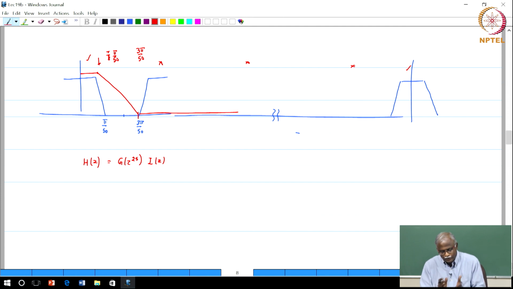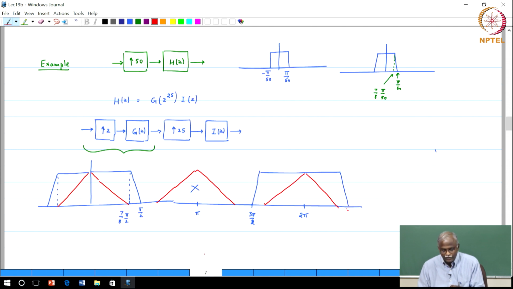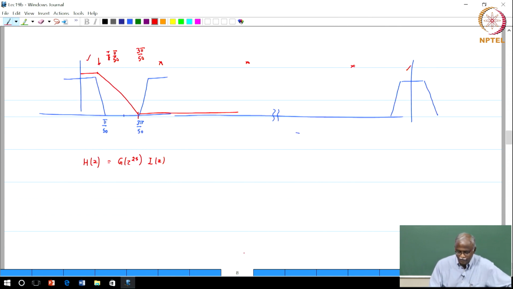But because I am using it to do the upsampling, the interpolated FIR actually has a significant advantage, because I will implement it in this fashion, and also the filter requirements of the two filters G of z and I of z are relatively milder than the requirements on H of z directly. So, one question. If I design H of z directly, I will get a certain filter order N1. Okay. So, this comes out to be eventually a filter order of N2,